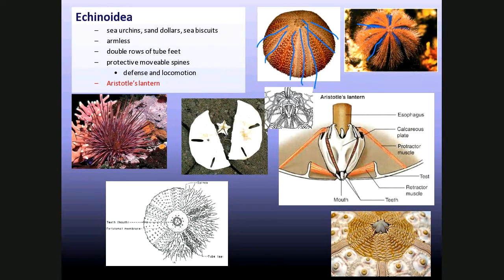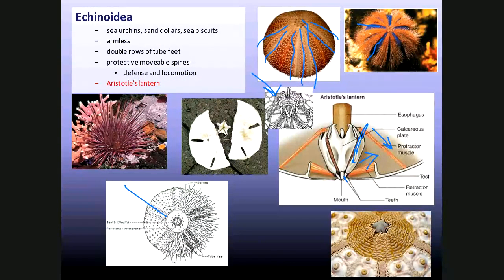And the reason why we call it Aristotle's lantern, by the way, is because this drawing over here that you see was drawn by Aristotle, who was a brilliant naturalist for whatever his thoughts on the ladder of life. He was a brilliant naturalist, brilliant scientist in general. It's a really cool thing, really precise mechanism. It has these calcareous plates that are connected to these teeth, and then these series of muscles, these protractor and retractor muscles that pull this way and pull this way. And it's like a mechanical lever. When those muscles pull back and forth, this thing pivots, and the pivoting of that causes the teeth to pivot.